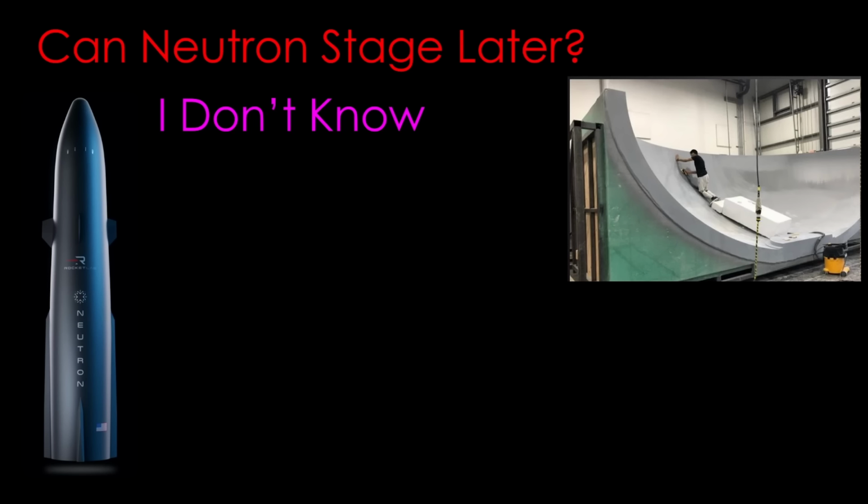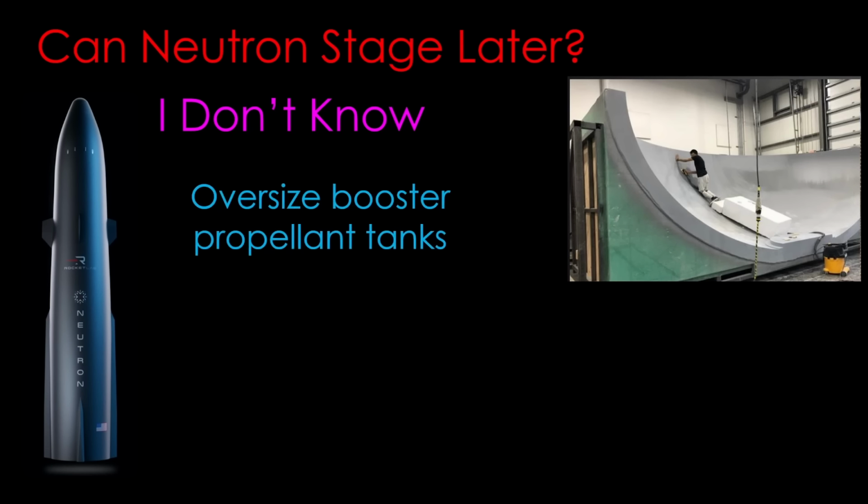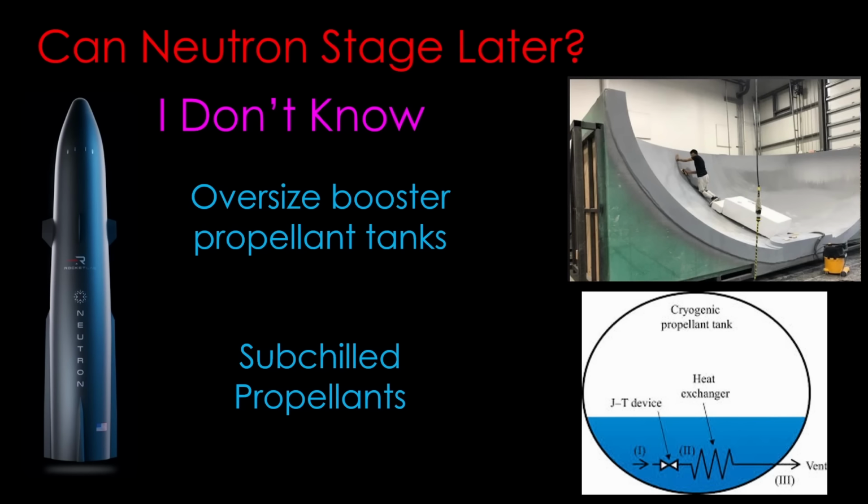I see two opportunities, however, for them to get more oomph from the booster so they can downsize the second stage. They could make the booster propellant tanks slightly oversized from their initial estimate and underfill them to get their initial staging time, and then add more propellant if their flight data shows they can stage later. Or they could do what SpaceX has done and move to subchilled propellants, which allow you to stuff more propellant into the same tanks. Either of those would enable them to simplify and lighten the second stage, reducing the cost